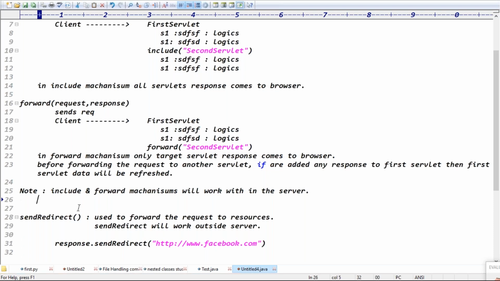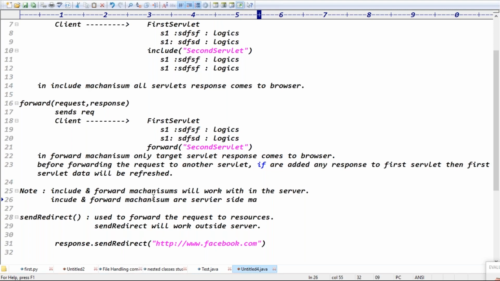The second point is very important: the include and forward mechanism. Does include and forward mechanism happen at client side or server side?